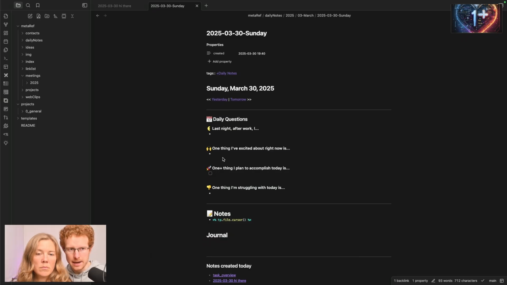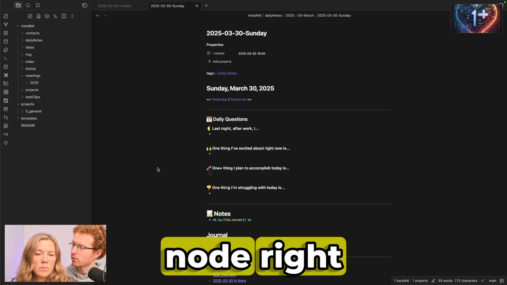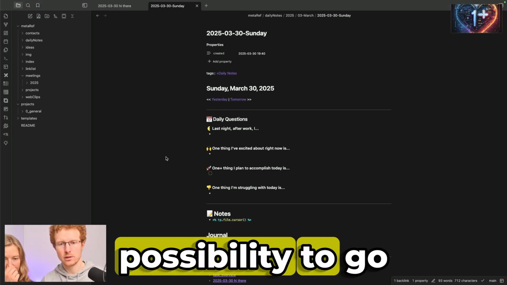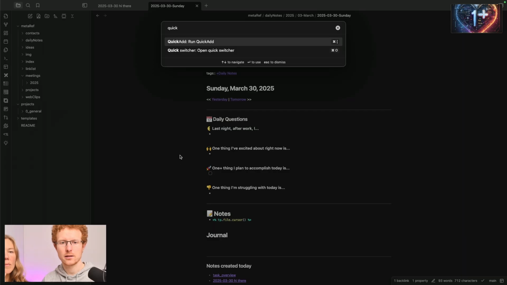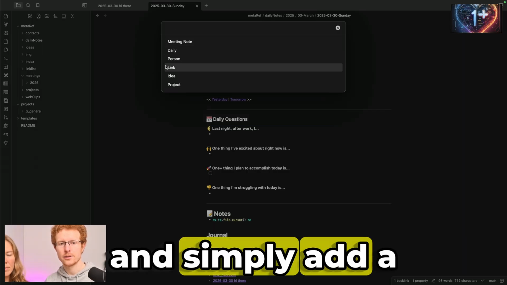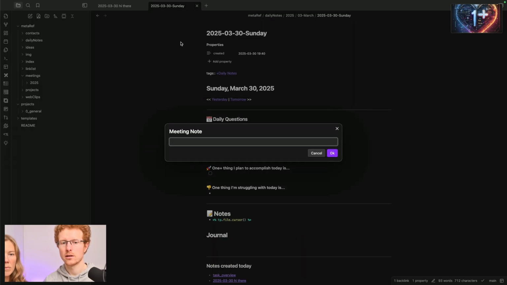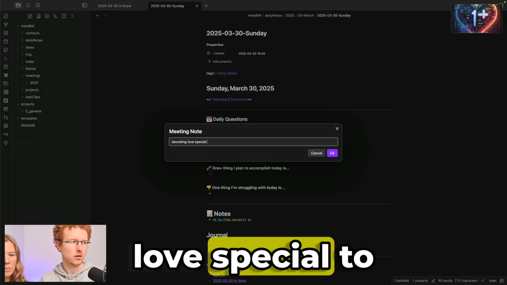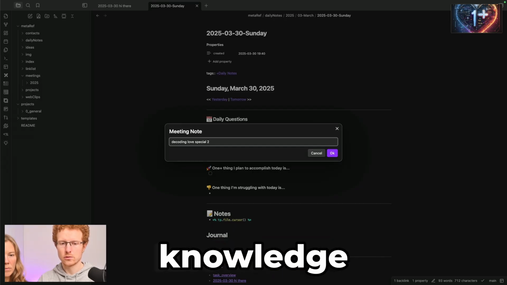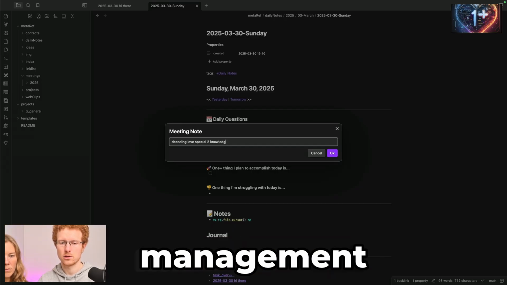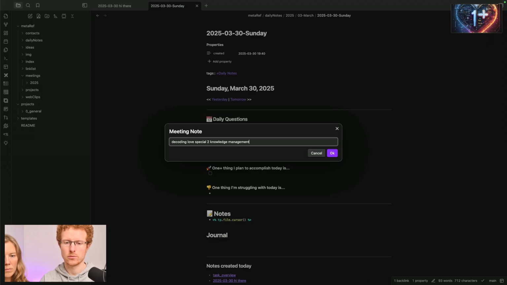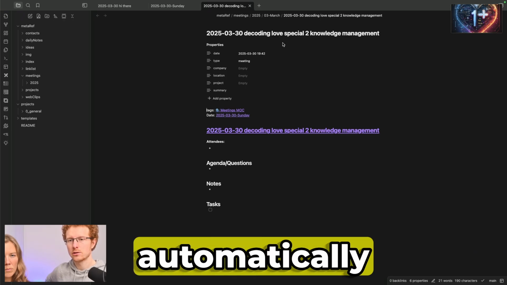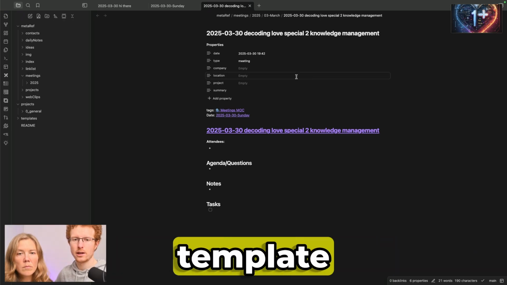So let's add a meeting node, right? There is a possibility to go to quick add and simply add a new meeting. The meeting would be Decoding Love special, knowledge management. As you can see, this is fully automatically generated again from a second template and has a little bit